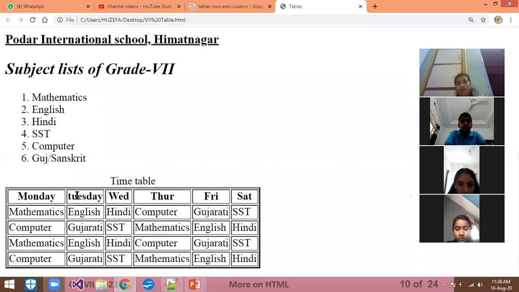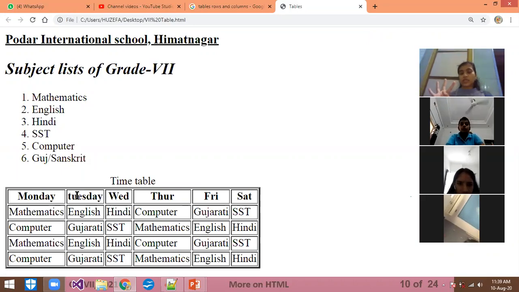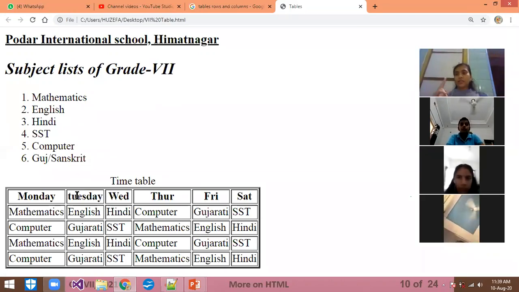So this is the way to enter the heading. If you want to enter the time also, on the side you can insert the time with the use of TR, TD and TH. So these are the four things we learned here. First, table, create a table. Compulsorily you need the table tag.